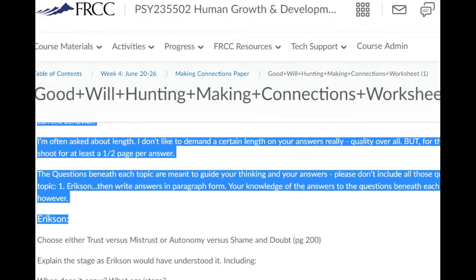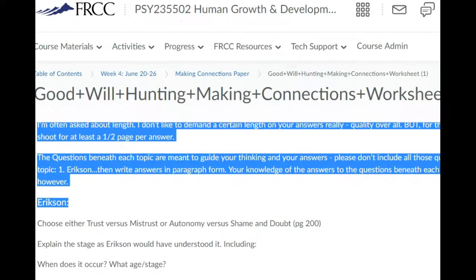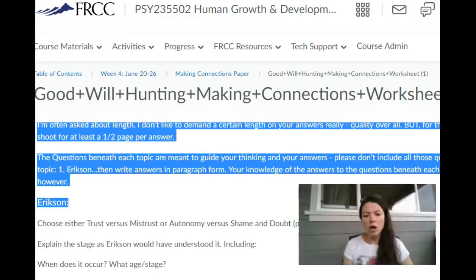When you're looking at the Good Will Hunting worksheet and it asks you to choose one of Erikson's first two stages, then what's really important to me is that you tell me everything you know about the stage that you choose. Not all of Erikson's stages, just the one that you choose. So tell me what you know about that stage, and this is really important,